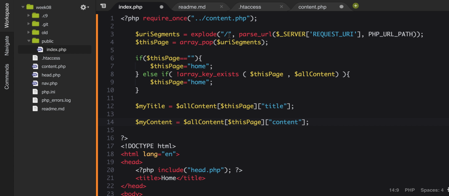And what this is basically doing is it's saying everything after that last /, we're going to pull the URI. And so if I'm typing in my browser, whatever / about, it's going to check and see if about exists. And if it doesn't, it's going to set it to home. Or if no page exists, it will set it to home. Otherwise, it's just going to set the page equal to whatever that segment is,